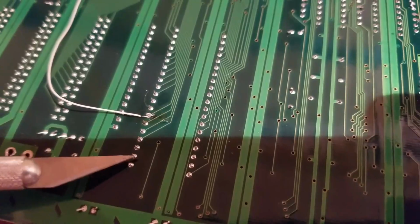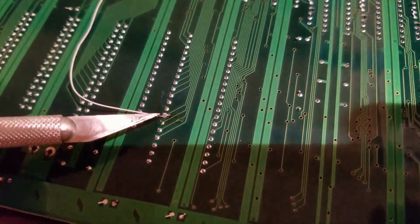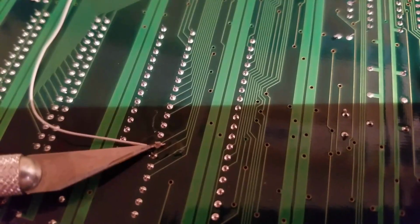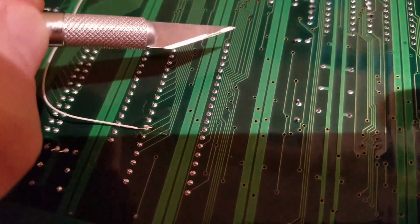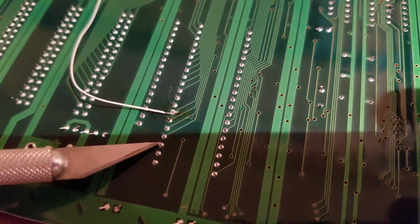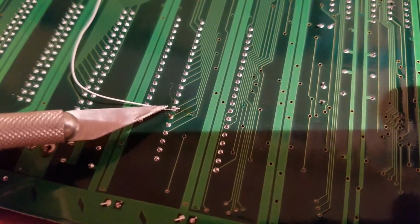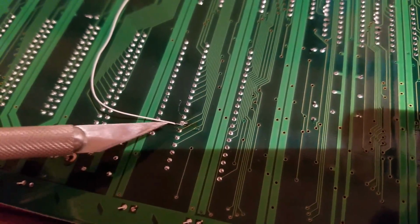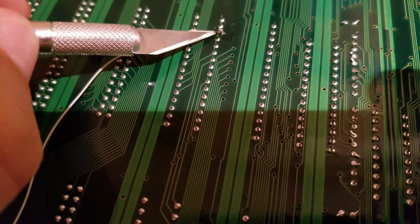To the Kabuki, I believe the name is, to pin 27 of the Kabuki. So you can see right there the wire is soldered into pin 27. Alright, this would be 1 to 20. Coming from the other side is 21, 22, 23, 24, 25, 26, 27. So pin 27 of that sound ROM, the Kabuki it's called, to pin 30 of your new ROM with the